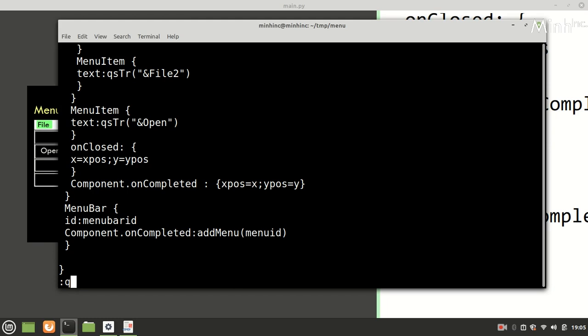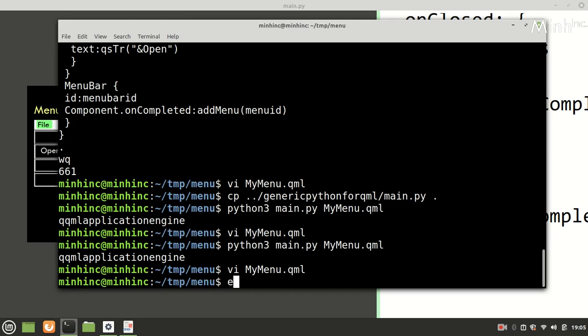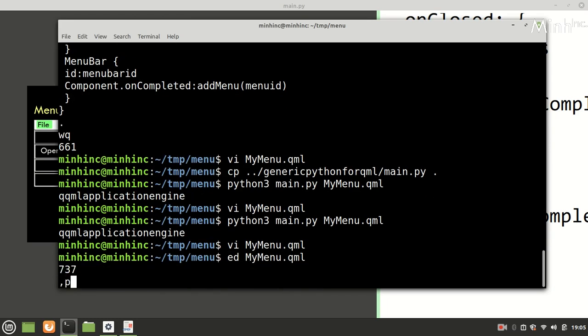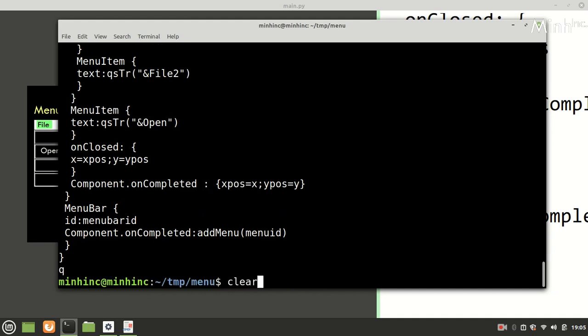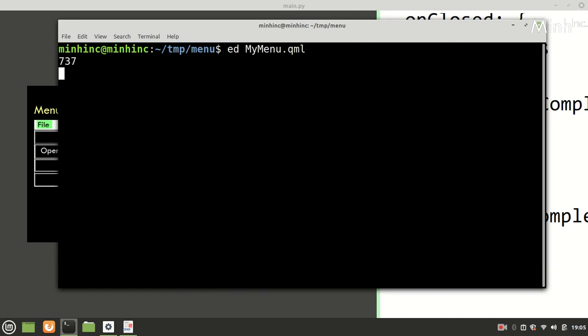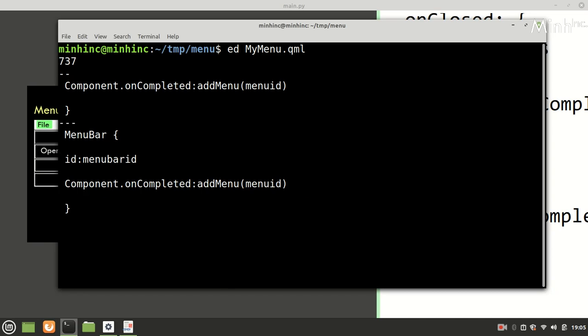So probably we can edit through add only. Okay, so we will edit the menu bar here.